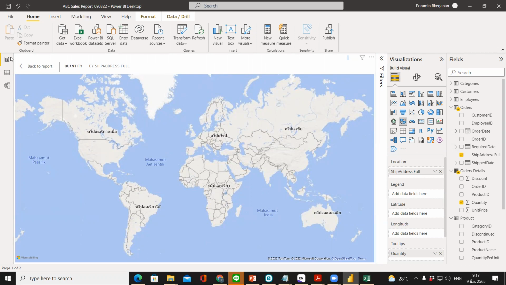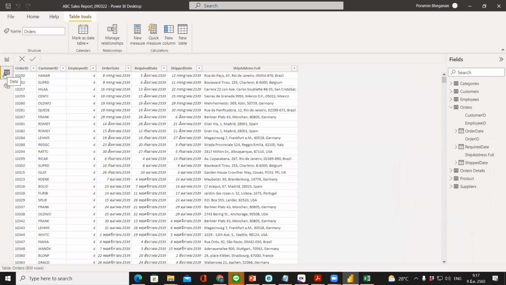What do I mean? If you have a look, okay, let's go back to the data view, everyone. I want you to have a look at the orders table. In the orders table you can see that we have ship address full, which is the address that we deliver the products to. What is the problem? The ship address full here shows the detailed address of that customer of that order. You can see that the first example record is 10250. In this one it shows the address, and if you read it